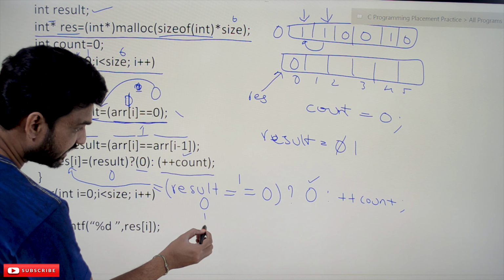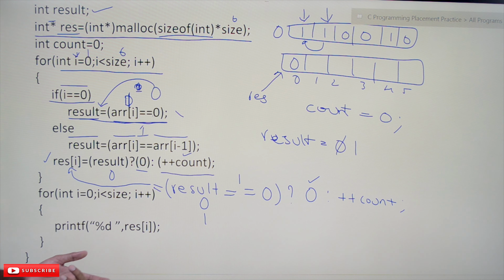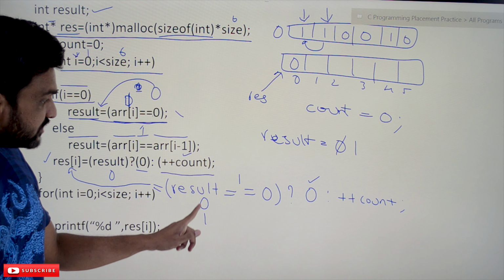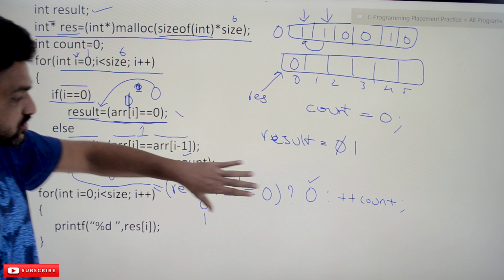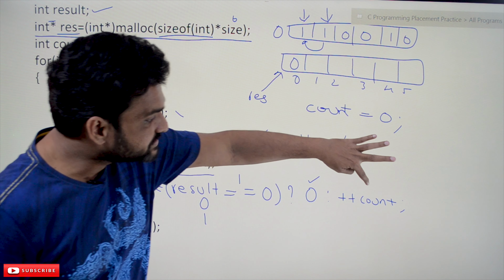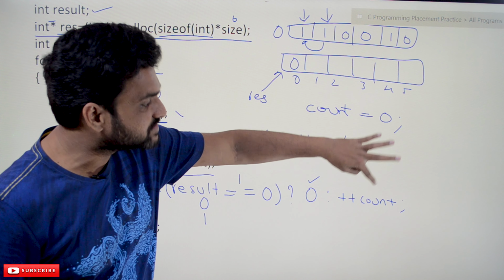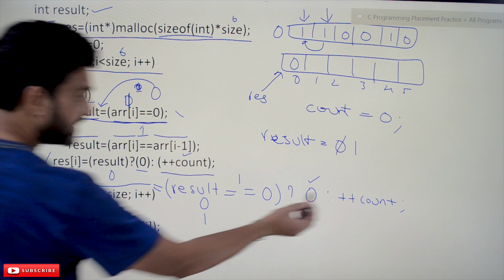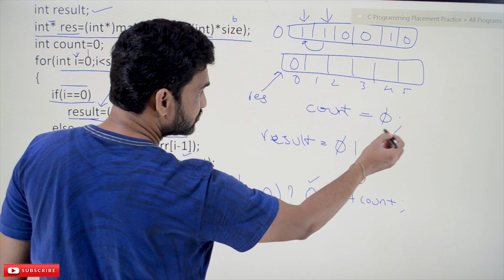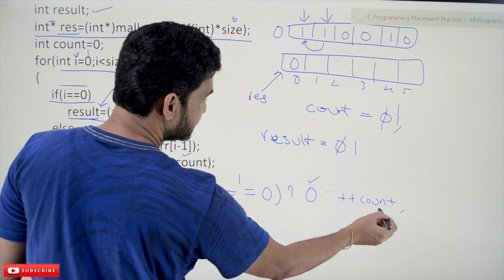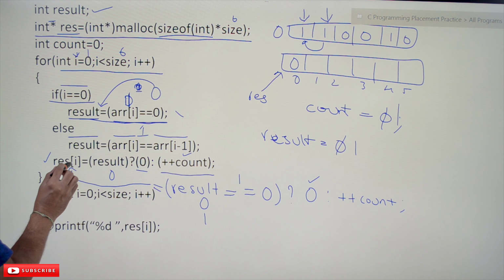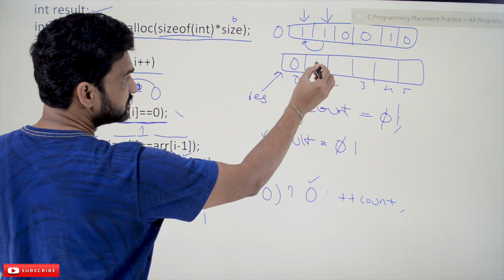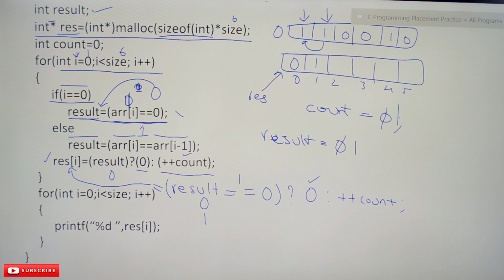Here 1 is equal to 0. Is it equal? No. So after coming out of this if condition, we are going to compare 1 is equal to 0. So both of them are not equal, so this else part will get executed, count plus plus. So the count will get incremented, and initially it is 0, so now it has become 1, and this incremented value 1 will get stored in res of I, I means 1. Okay, so here the count value is getting stored as 1.